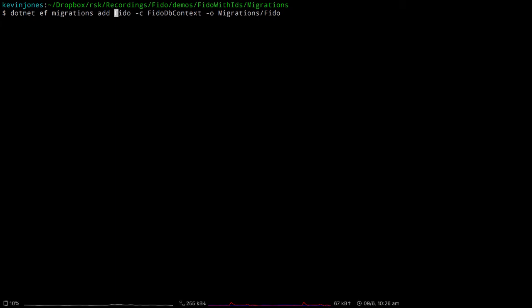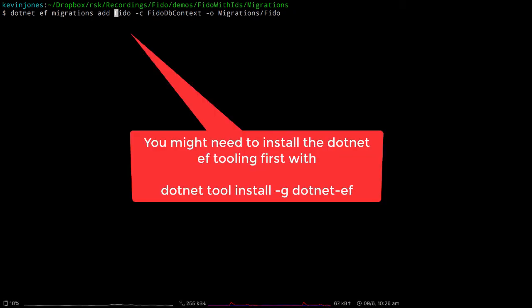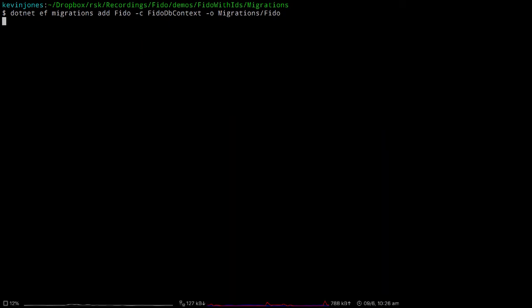So to run this, we run dotnet ef migrations add Fido, which is the name of the migration, -c FidoDbContext, which is the name of the DbContext, and we'll see how to get that in a moment. Then -o migrations/Fido, and that's the output location for this migration. Now to run this command from the command prompt, you might need to install the Entity Framework tooling first. And you do that with dotnet tool install -g for global dotnet-ef. So if I run this,